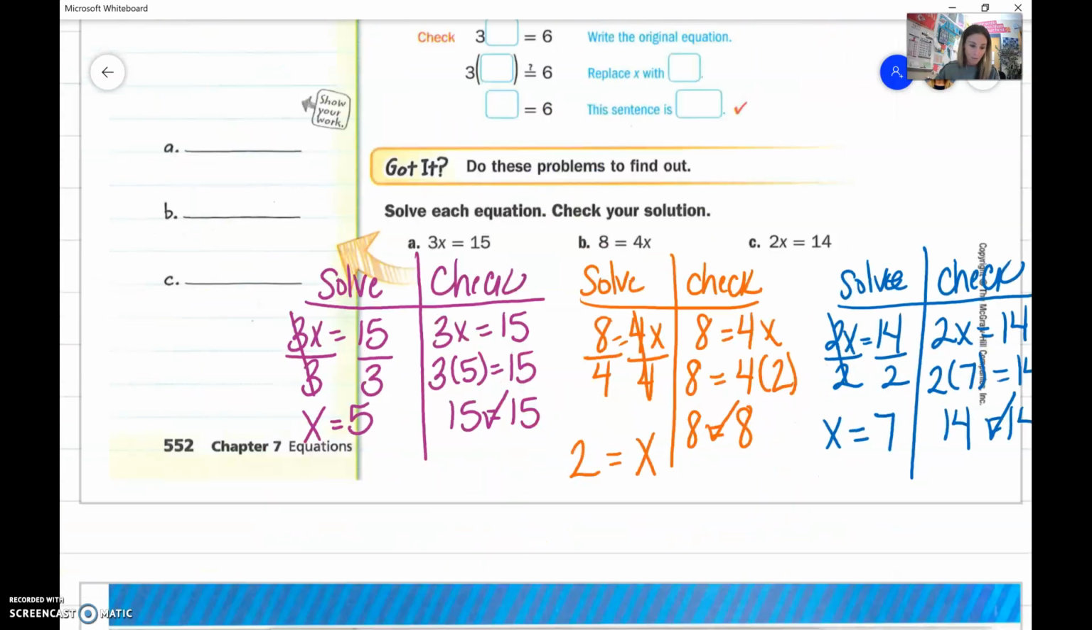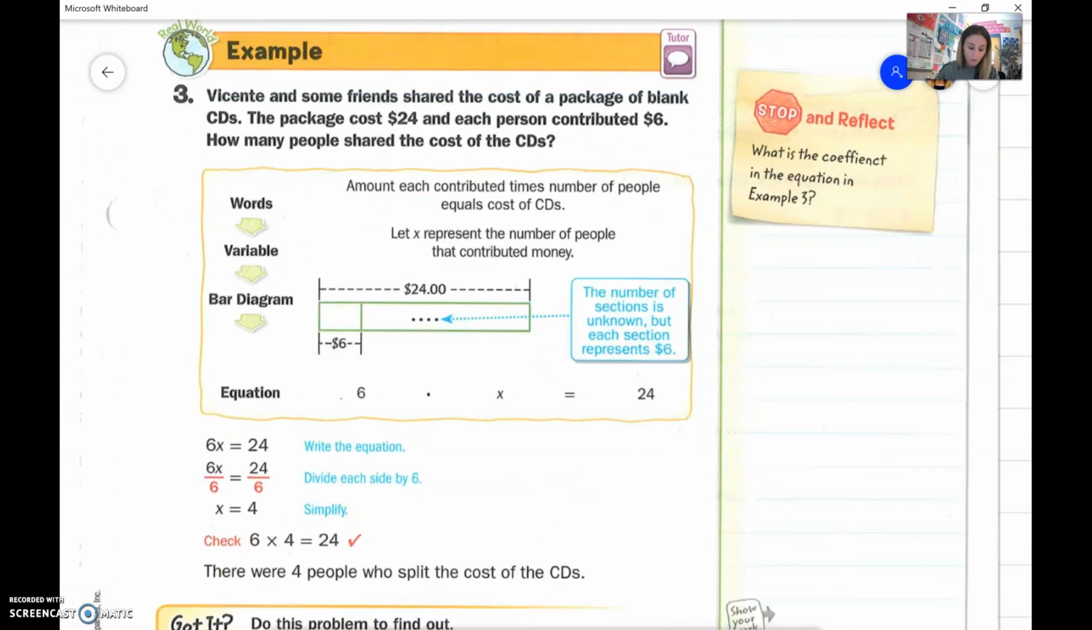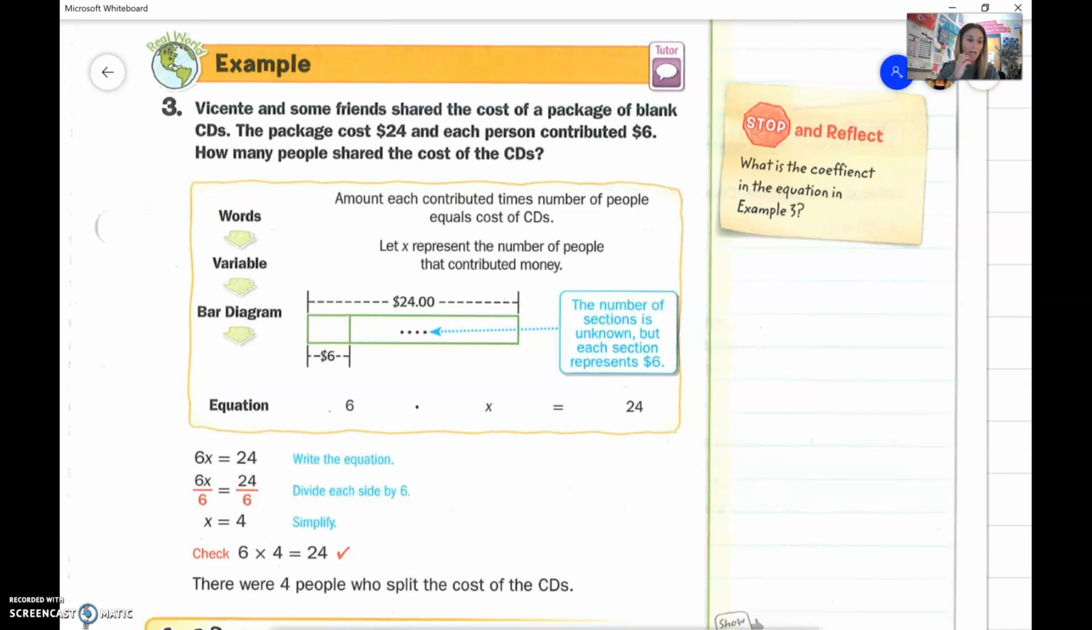All right, move over to the next page, and we're going to take a look at what this looks like when we are solving a story problem. It's right here. It says Vincent and some friends share the cost of a package of blank CDs. Okay, so this is obviously old school because y'all don't have CDs anymore, so we're just going to say maybe like